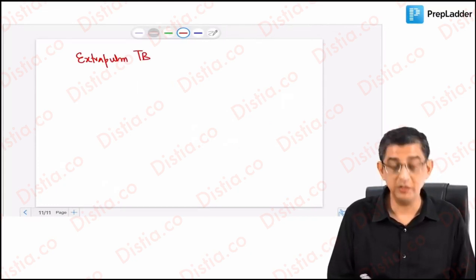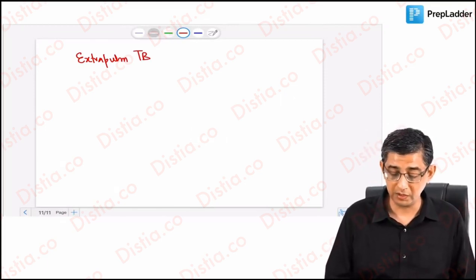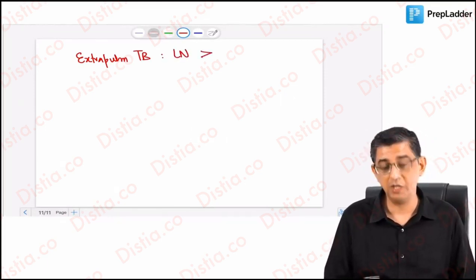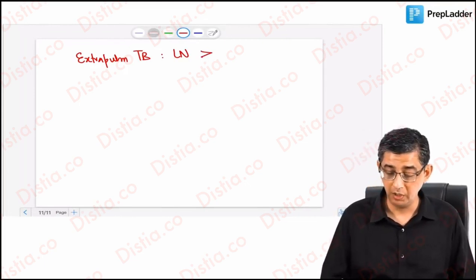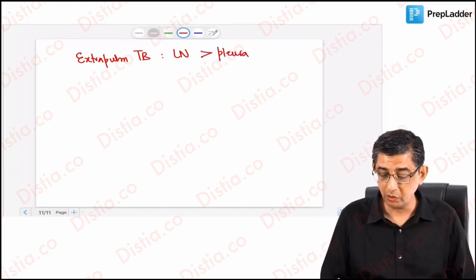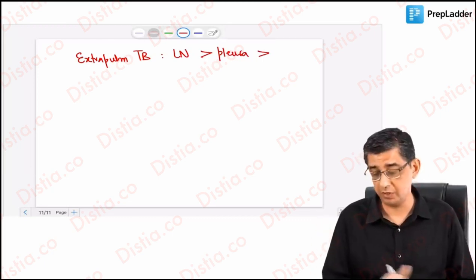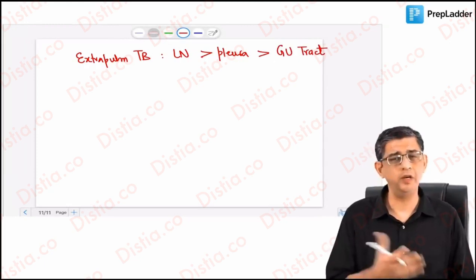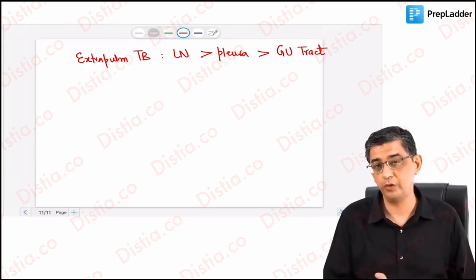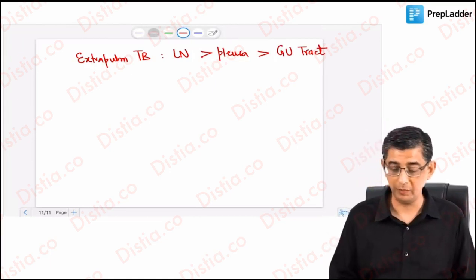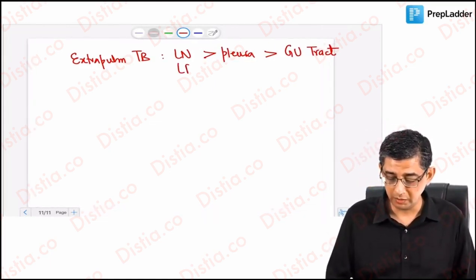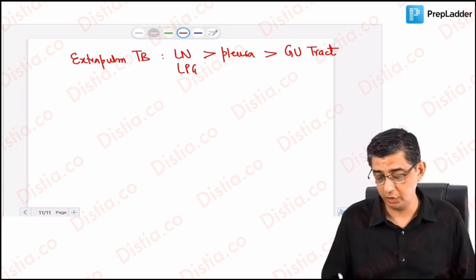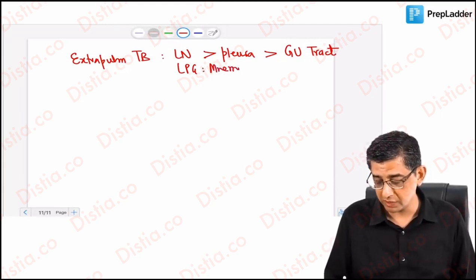so I would like to highlight that the mnemonic that you can remember for the sites of extrapulmonary TB which are commonly, frequently asked is LPG. What I mean by LPG is the alphabet L would stand for lymph nodes getting involved. After lymph nodes, it is the pleura that is involved. Please appreciate, pleura would be classified in extrapulmonary TB and not in pulmonary TB. By pulmonary I mean parenchymal involvement. And then it could be genitourinary tract involvement as well. Well, you read about Pott's kidney, you read about goblet ureter in urology, in surgery also about them. It is LPG, the mnemonic: L, lymph nodes, pleura, and then genitourinary tract are the sites of extrapulmonary TB,